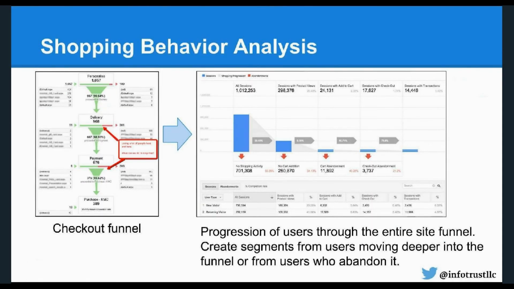Now, again, this is best contrasted when we look at the before and after. We've always had a checkout funnel product within Google Analytics. That one you see on the left, it almost looks congested now compared to what you see on the right-hand side, where you used to see people starting at one page and how they're filtering down to the next. We changed that view to be much more intuitive and much more robust. And what you can specifically see are the pages that people are starting on, and then how they're progressing all the way through the funnel, and at what stages they're abandoning, and at what stages they're actually converting.